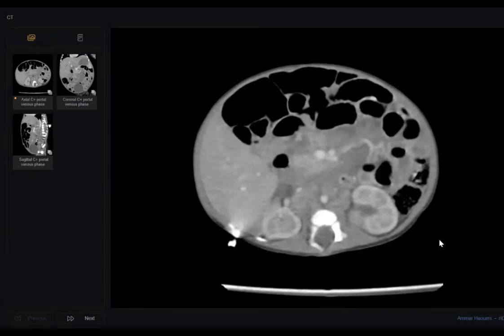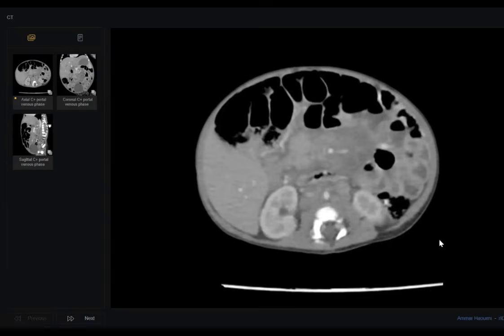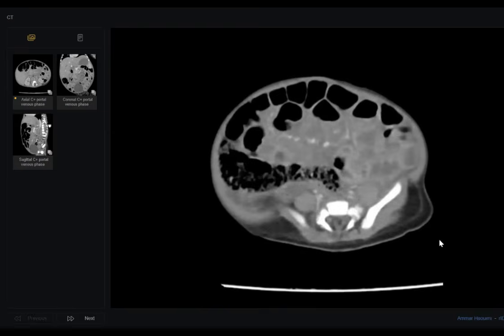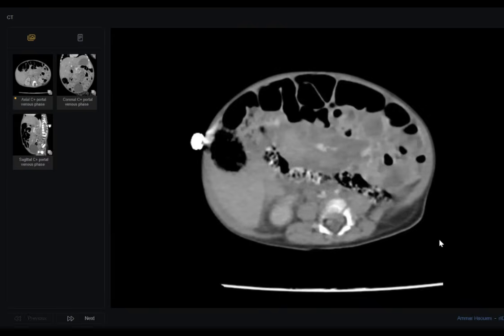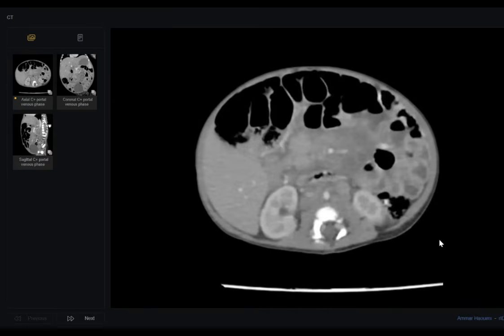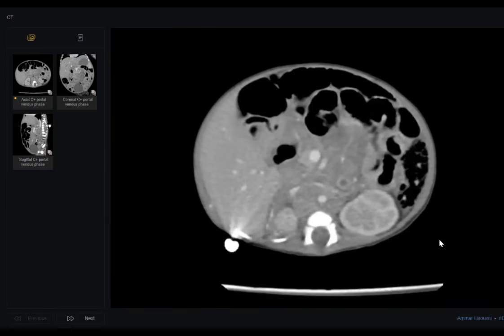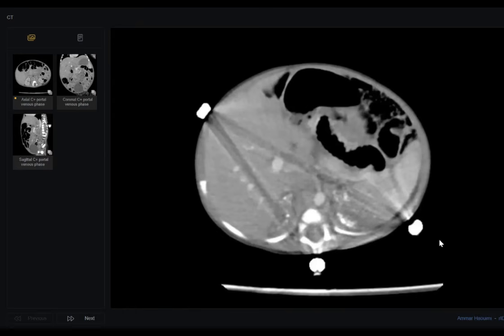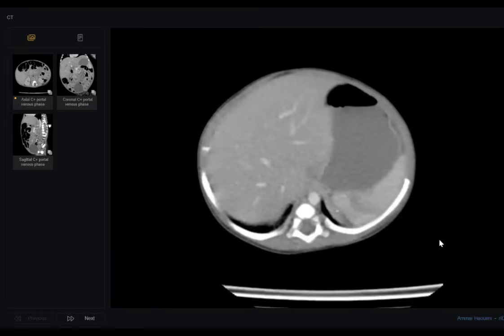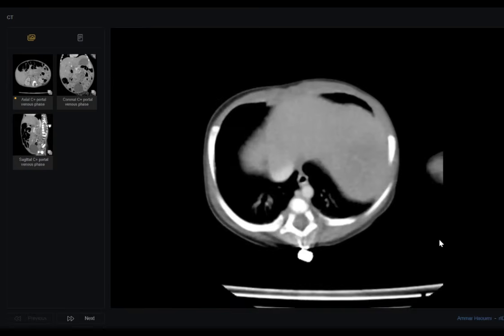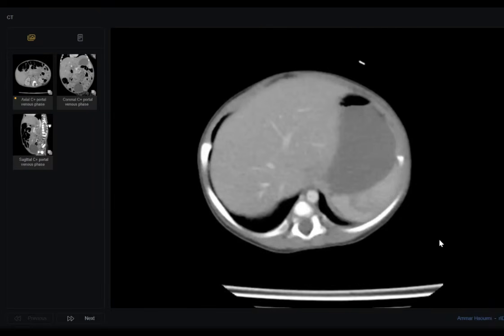There is an abnormal hypodense lesion involving the center of the abdomen, involving mainly the retroperitoneum. It is surrounding the aorta and elevating it away from the vertebral body. The aorta is patent. I would like to check for the rest of the vessels and the extent of this lesion. So, going down,